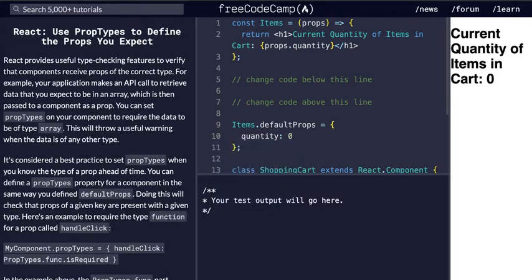Welcome back, guys. In this video we're going to be doing a freeCodeCamp React section challenge called use PropTypes to define the props you expect. So it says